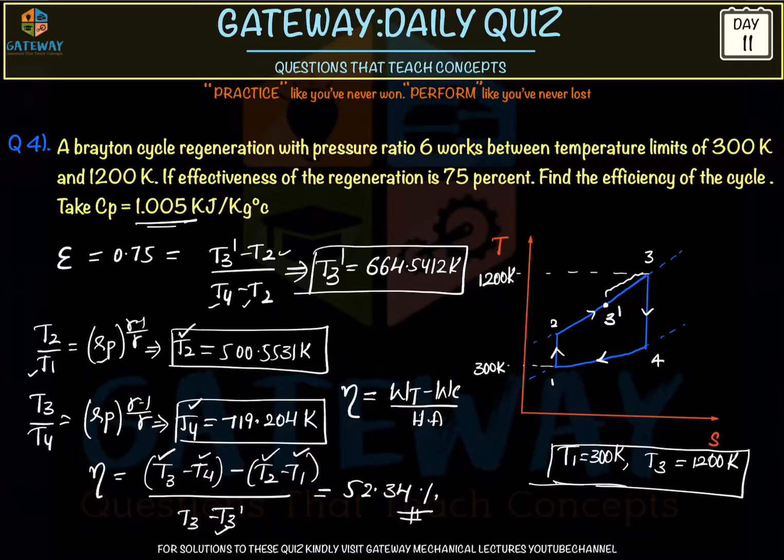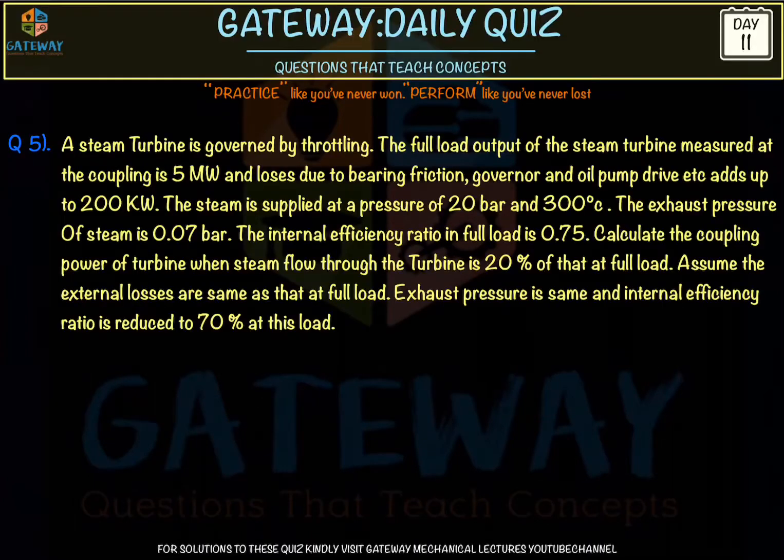This is a simple question. In the question there could also be a given turbine efficiency, adiabatic efficiency. We have solved one question on that, and one more question we are solving is this basic question. These are the possible questions that can be asked in GATE. And next, coming to question number 5.